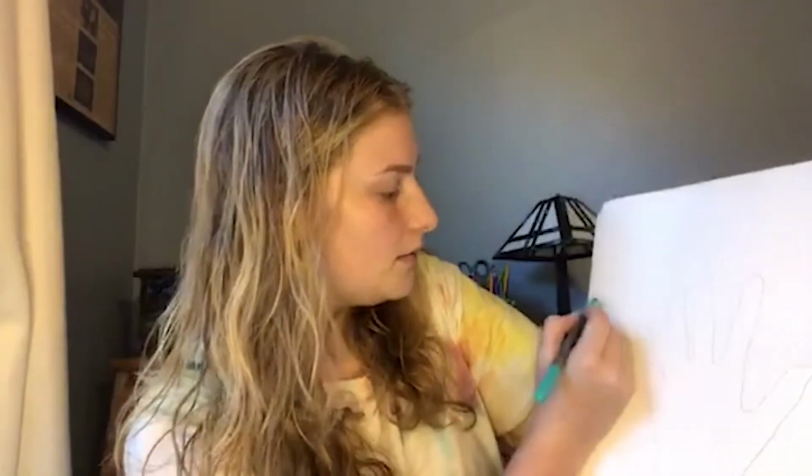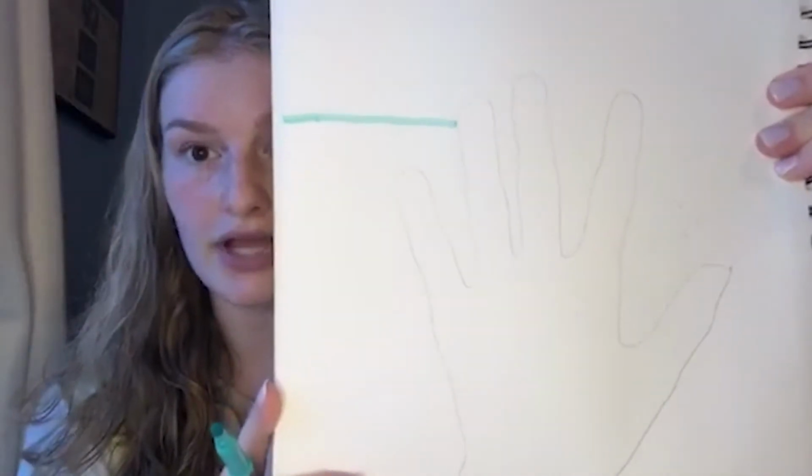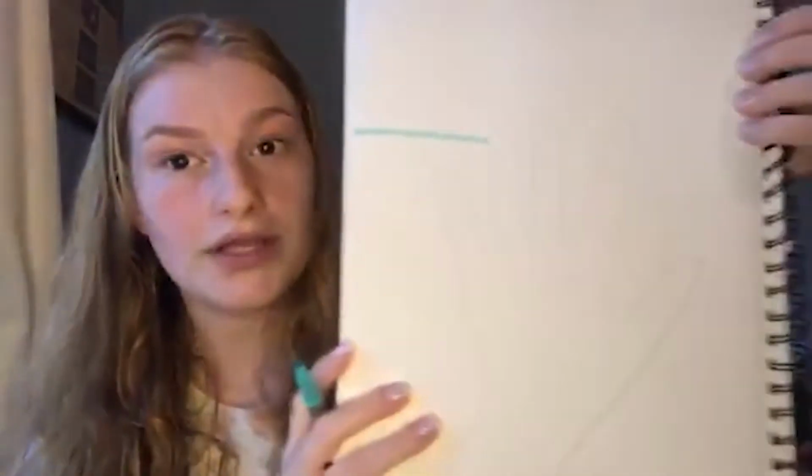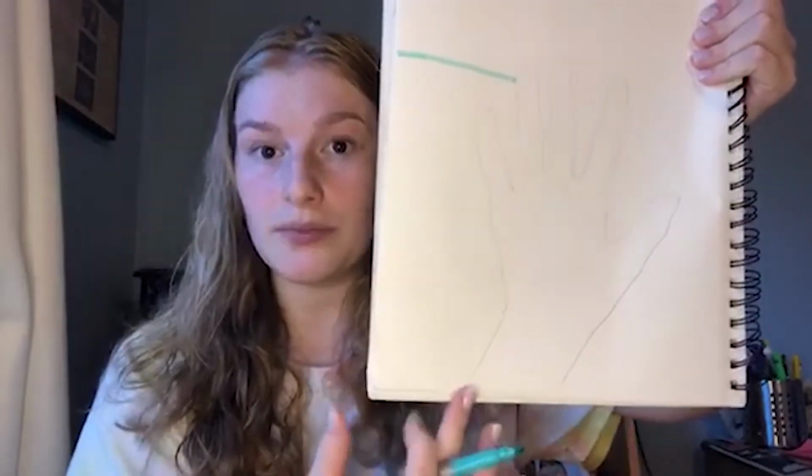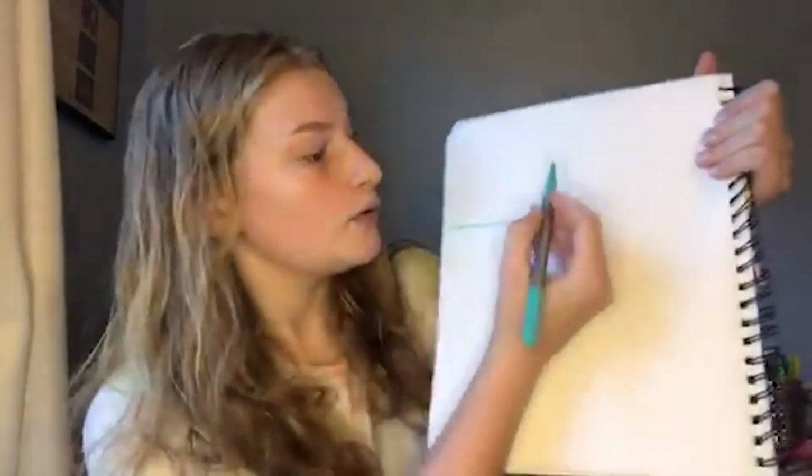So I'm going to pick this sort of teal and purple color. And what you're going to do is take one color, and you're going to create a line from the edge of the paper and make a straight line until you reach the outline of your hand. And when you reach the outline of the hand, whether it's your fingers or the back of your palm or the beginning of your wrist, you are going to make a little curve